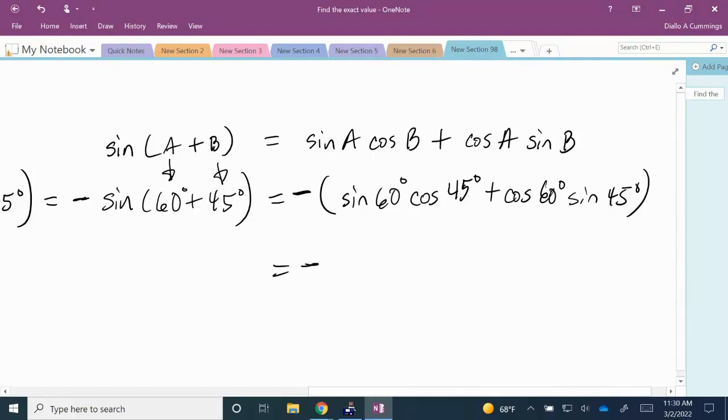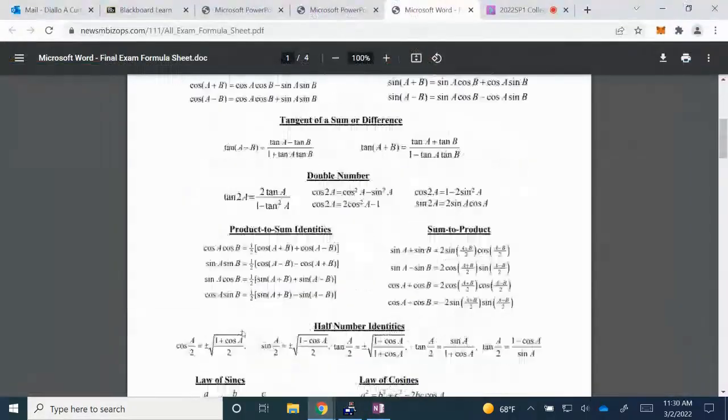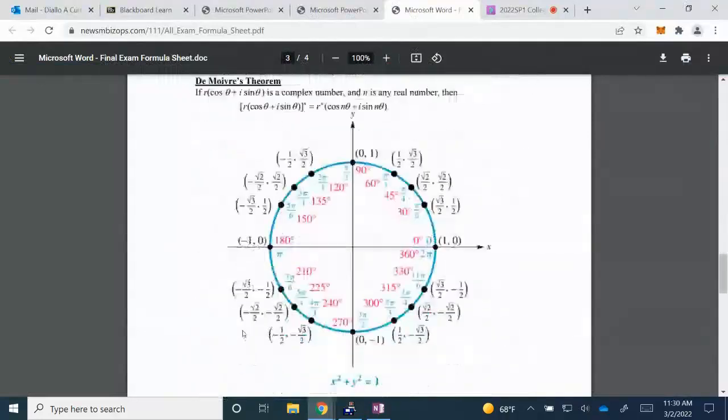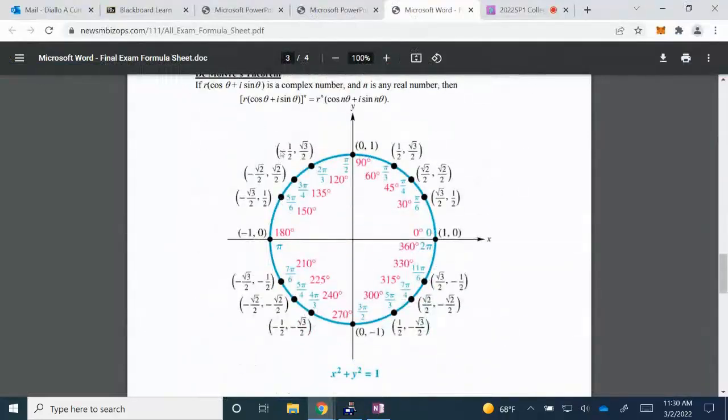All right, from this point, we're going to pull out, and notice I'm bringing down my negative. We're going to pull out the values for the sine and cosine of 60 as well as the sine and cosine of 45 degrees. And remember, there's two ways that we can find these values. We can use the unit circle, right? And if we're using the unit circle, the x-coordinate represents cosine, the y-coordinate represents sine, or we could use